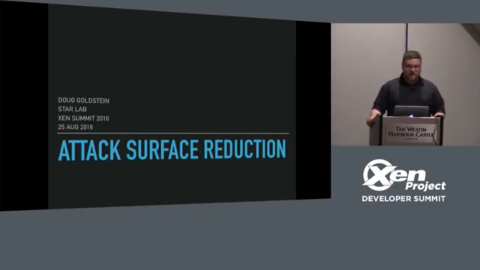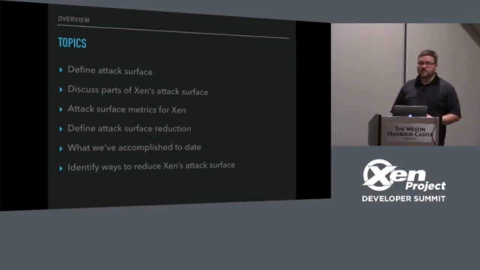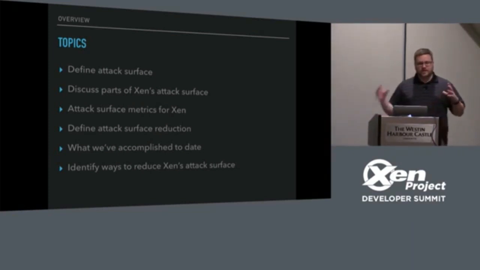But yeah, talking about attack surface reduction, in case you couldn't read. So I'm going to just do some basics and define the attack surface, then talk about some parts of Xen's attack surface that I identified from a high level. A 30-minute window doesn't really give you time to dive into specifics, so I'm trying to keep it high level. Attack surface is really kind of a hard thing to gauge. So there are some metrics, and I was talking with Steve that we use very similar metrics from his talk on QEMU KVM. Then define some attack surface reduction, what we've accomplished to date with Xen releases, and lastly,